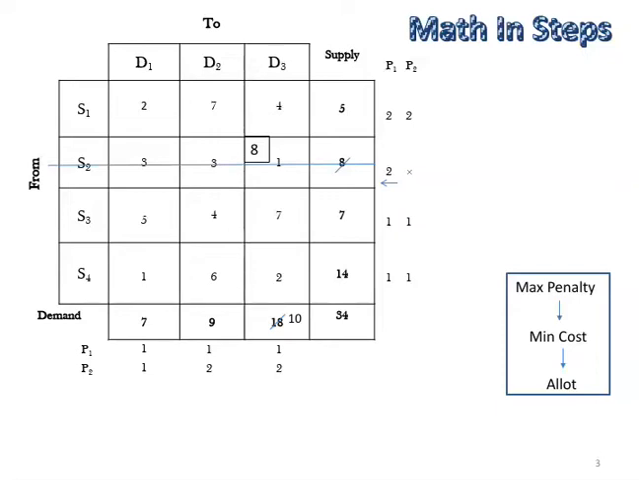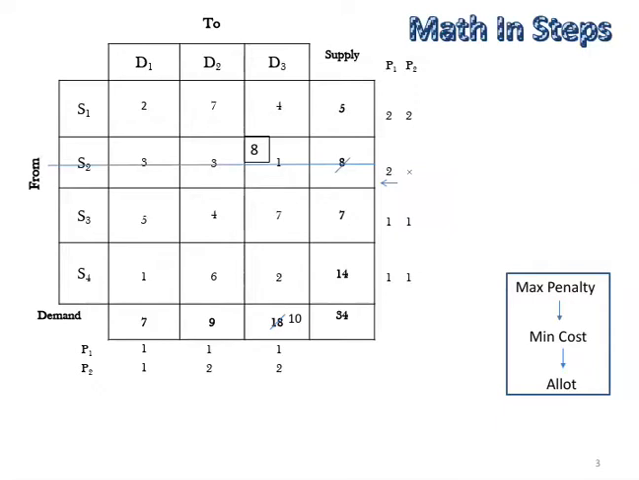So in the first row, S1 D1 cell with cost 2, how much can we allot? Supply is 5 and the demand is 7. So minimum of 5 and 7 is 5. So we can allot 5 here in S1 D1 cell. Whereas in the